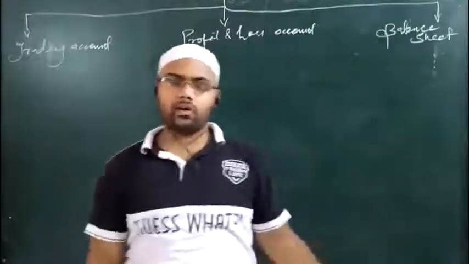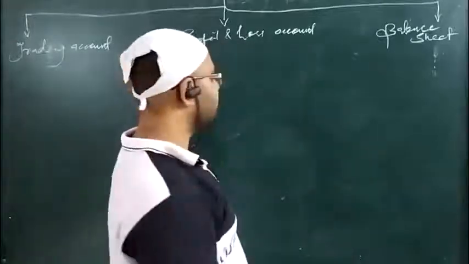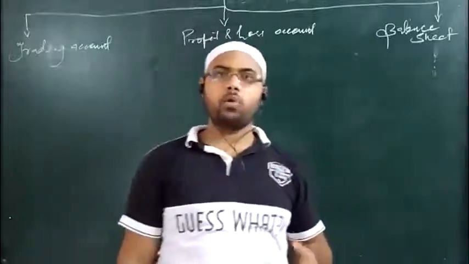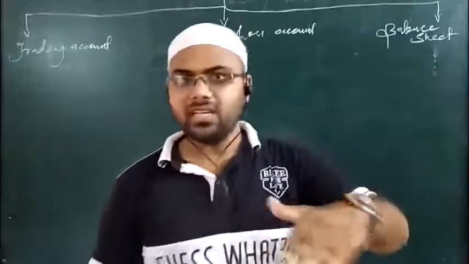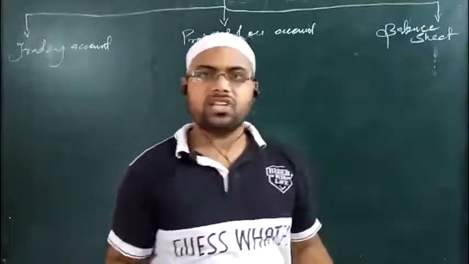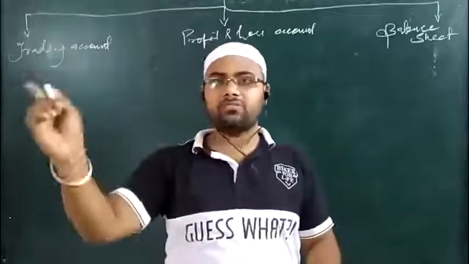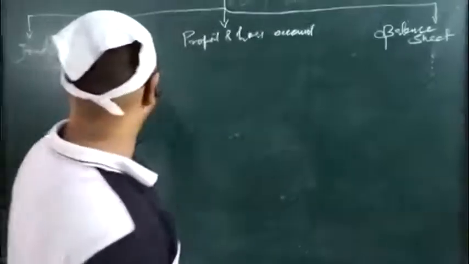Okay, so these are the 3 financial statements that we prepare under the chapter final account, either in the chapter final account without adjustment or with adjustment. The difference is that in the adjustment chapter, you will get more items and more postings in these 3 financial statements, which is not the case without adjustment. So it is much easier than that chapter. Okay. So if you understand this chapter properly, then we can start the final account adjustment part. Okay. So trading account, as you know, is a real account.